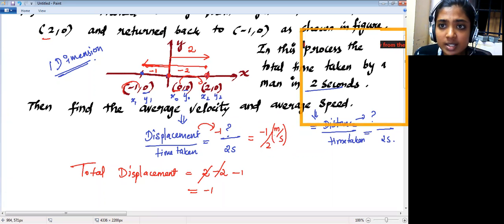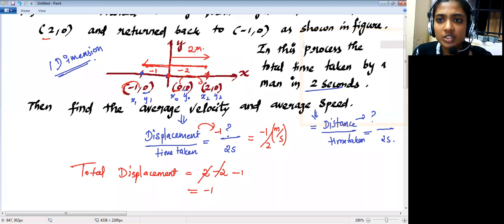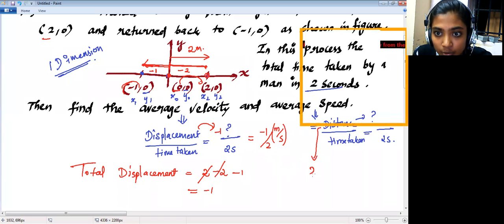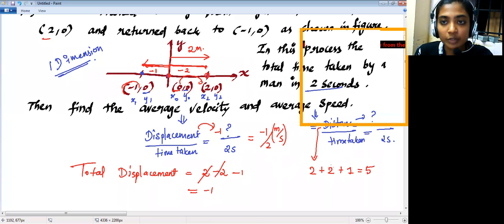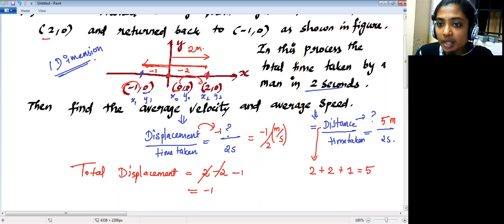So distance is a constant, which is a measurement. So 2 meter you can take, and again it has covered a distance of 2. It can't be negative, it is just a distance. So again the man is covering 2 units of distance, right? So 2 units again he is covering, which means your distance is 2, and he is covering again 2 plus 1 point, which means 1 unit he is covering, which means 5. Okay, now you understand the difference between these two. So 5 meter divided by 2 seconds. So here average velocity is minus 1 by 2 meter per second, and average speed is 5 meter per 2 seconds. Okay, so this is what the